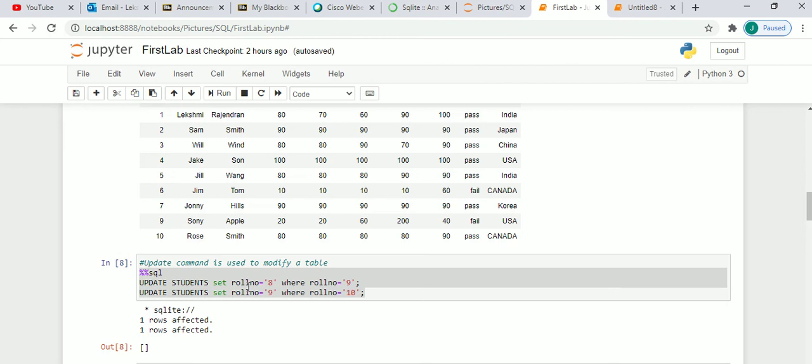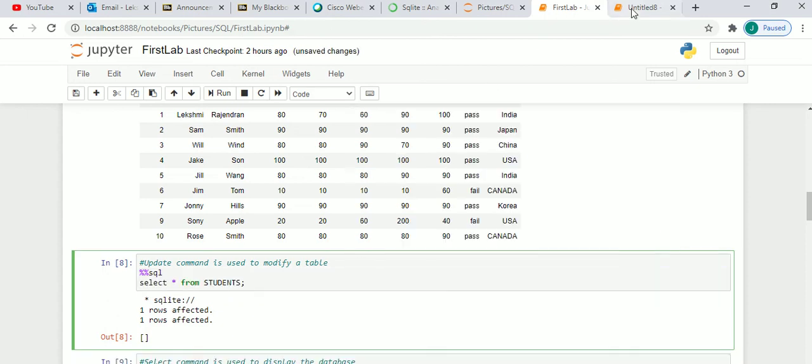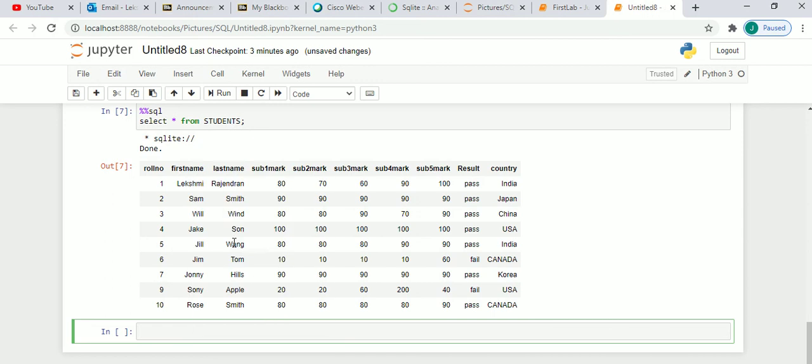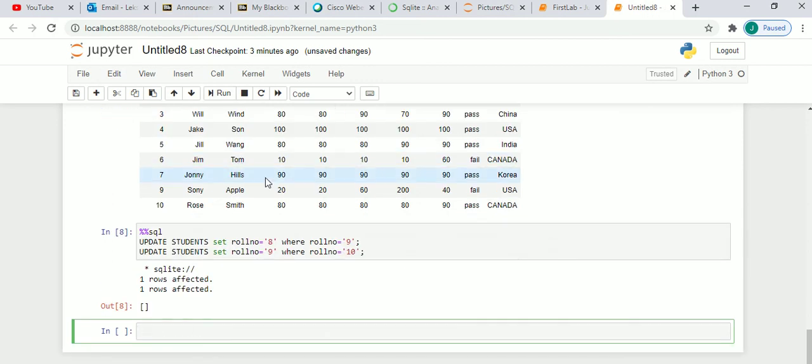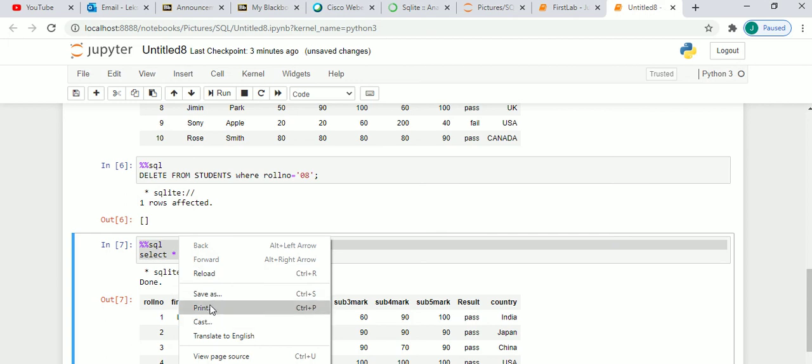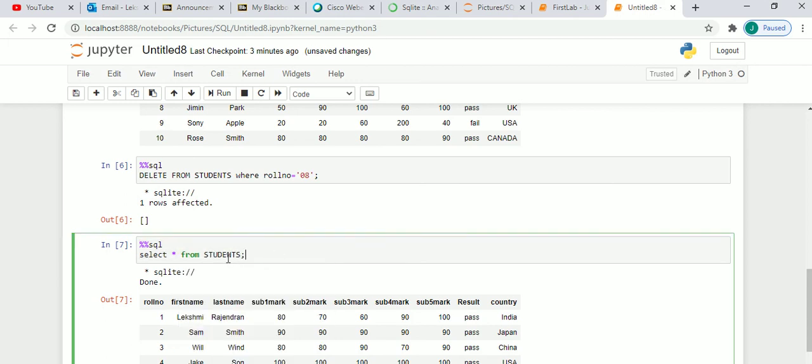Now these numbers are in the wrong order. We can rearrange them using the update command. If you see here, it is saying that the student who has 9 should be set to 8, and the student who has roll number 10 should be set to 9. Let's copy this and now paste it.